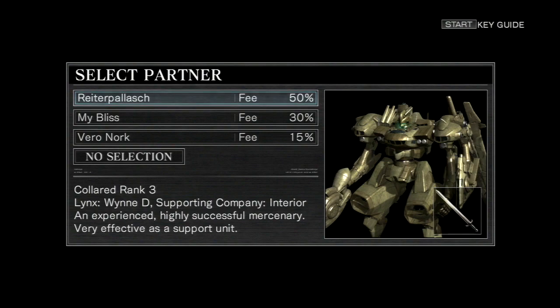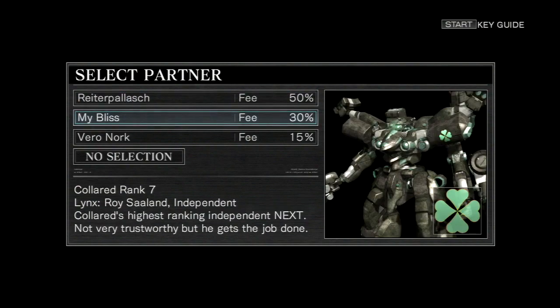Supporting company. So when you start the game, you choose a company that supports you. It doesn't really affect anything in the game. An experienced, highly successful mercenary, very effective as a support unit, but Win takes 50% of your payout. Yeah, that's not happening. She's also ranked 3. The next, My Bliss, which is piloted by Roy Saland, I don't know how you pronounce that, is independent, not backed by a supporting company, is ranked 7, Collard's highest ranking independent Next, not very trustworthy, but he gets the